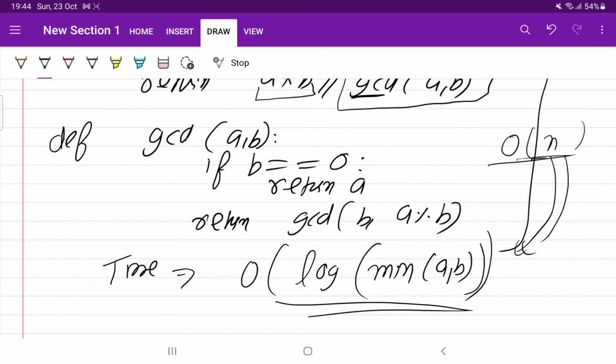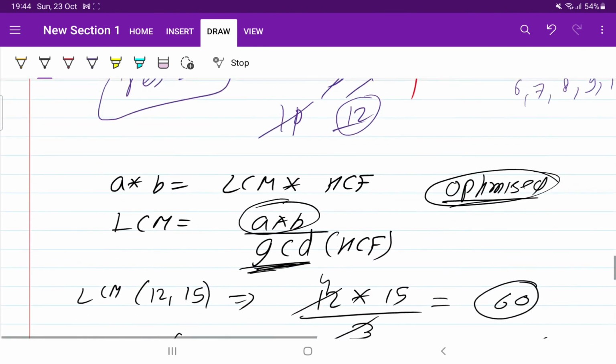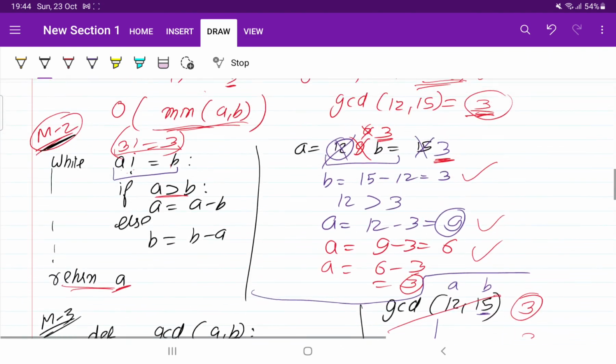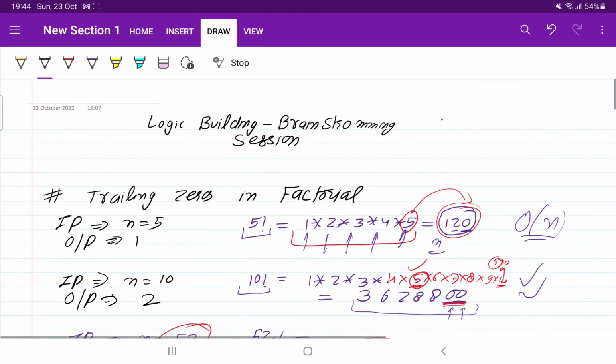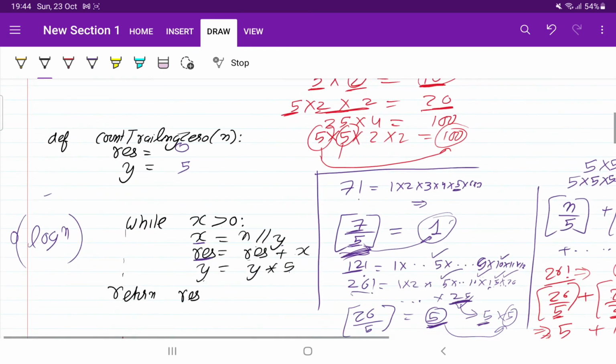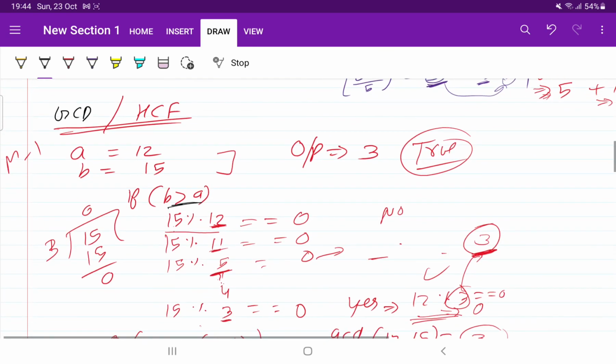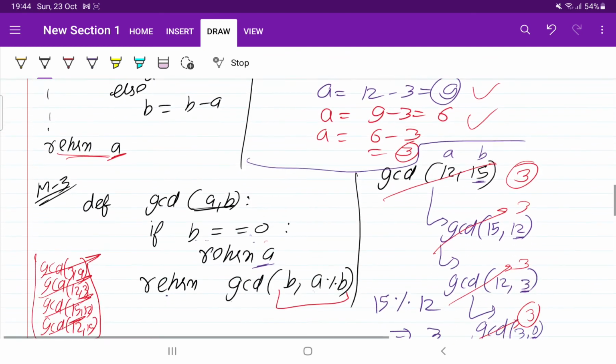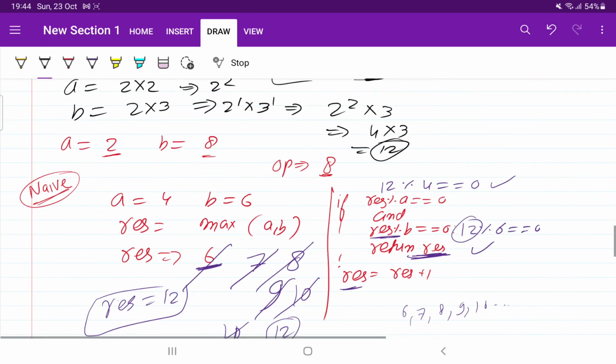So this is one of the approaches that we can use to find this. In this lecture, we have solved some questions. What is the first question that we checked out? Number of factors. Then we covered the GCD, that is HCF. Then we went for the approach of LCM.